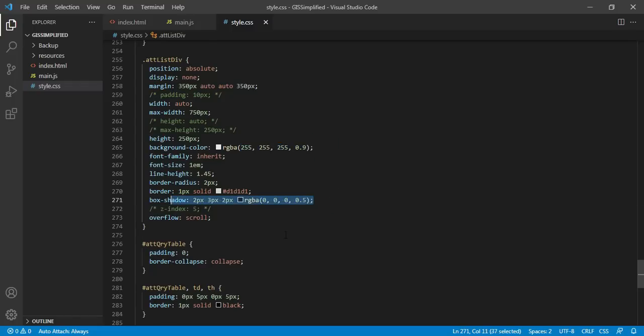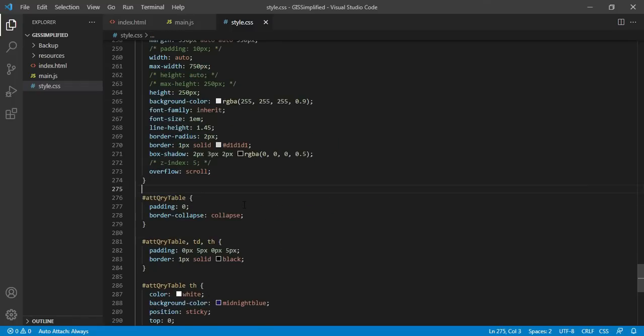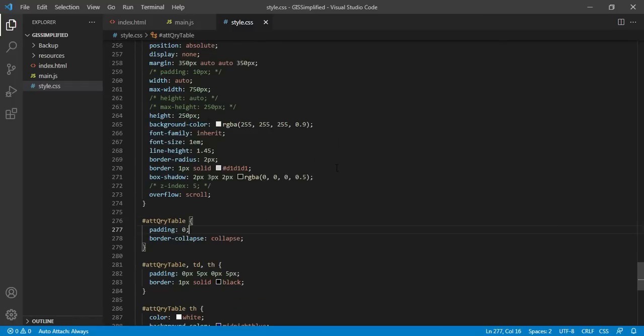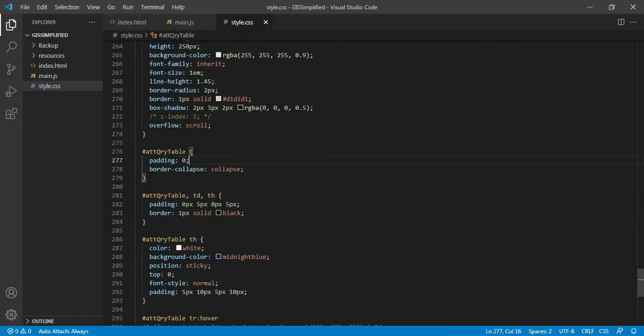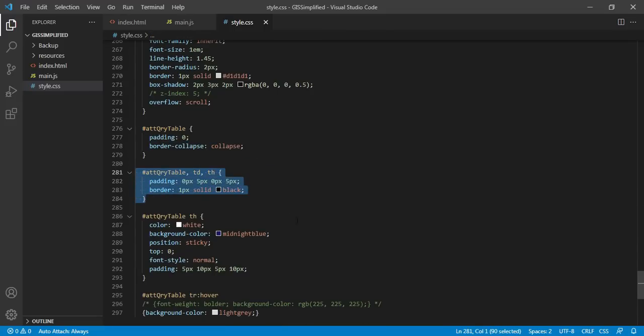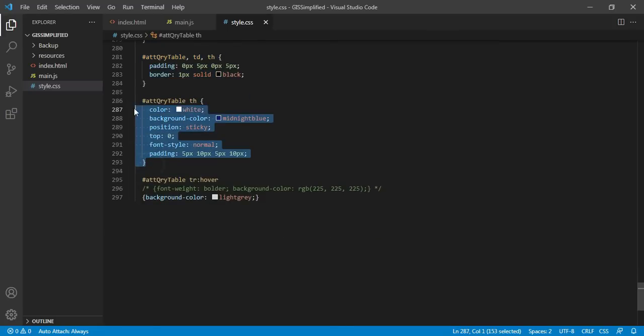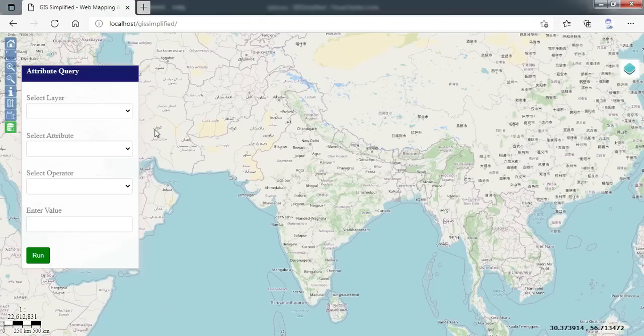And this is the table related styling, and then how the attribute table border should look. So these are all styling and cosmetic. You can design the table the way you want. I have designed it the way I like to see it on the map. So this is the header and each and every cell element, how they should appear on the map. And then finally this is the hover functionality, so when I move the cursor over the table rows, how it should react. So this is all the styling part. So we have done all the HTML, JavaScript and styling part.